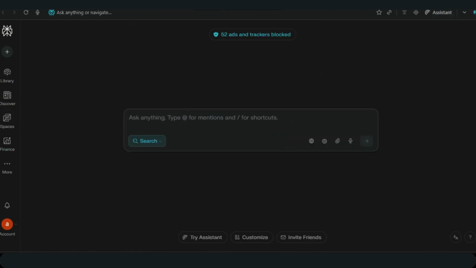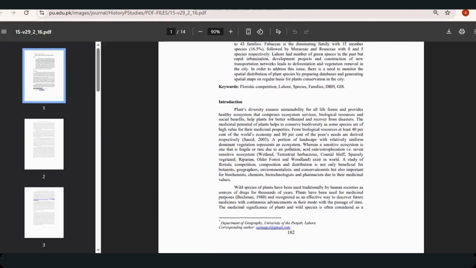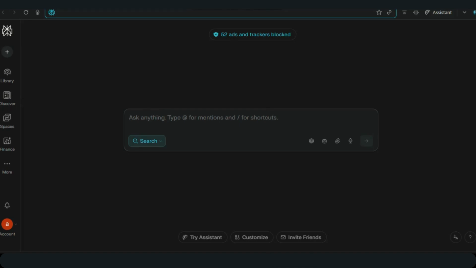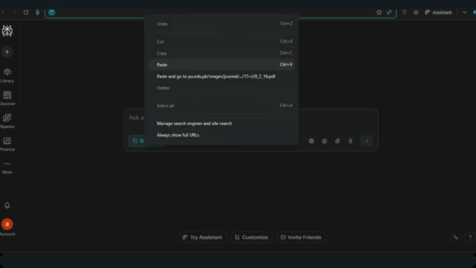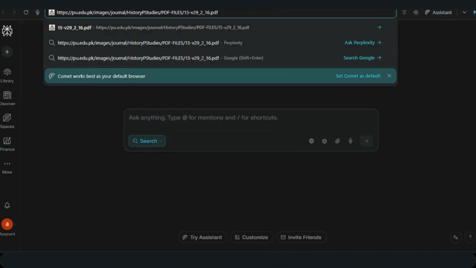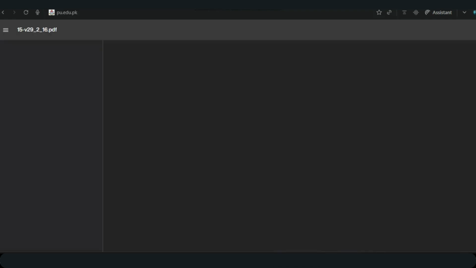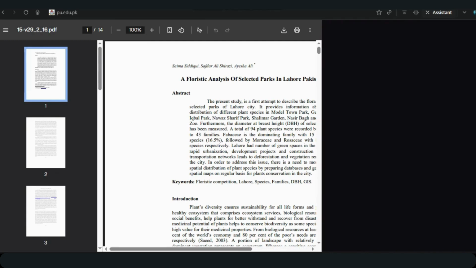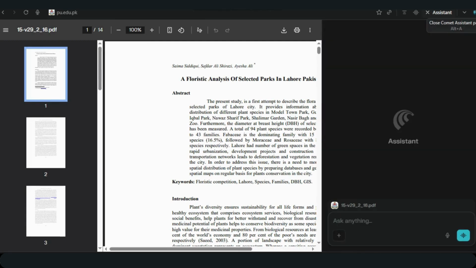Okay, I want to summarize this article. So I copy and paste the URL into the address bar of Comet AI browser and press enter. Now I open the Comet Assistant panel and give a prompt: summarize this article.